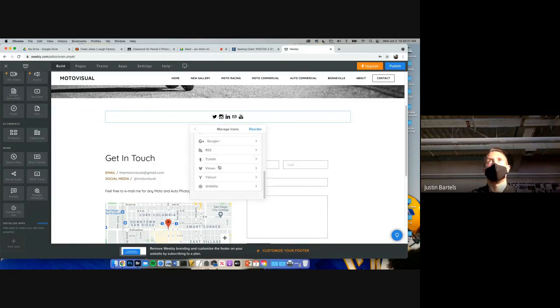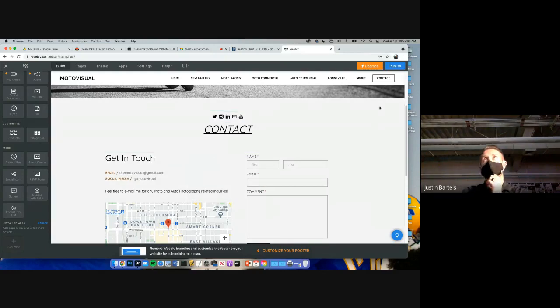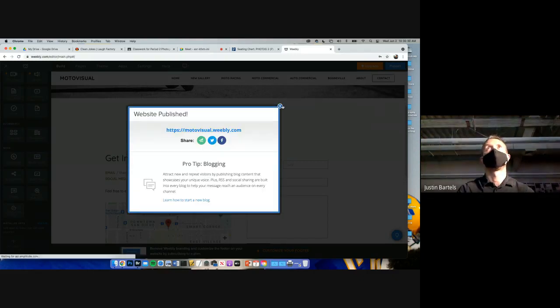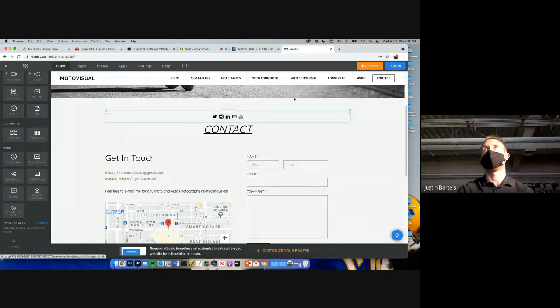So again, you can show or not show, whichever one. And then once you're done, again, anytime you change anything, just hit publish. It'll save all your changes. And then I can actually,